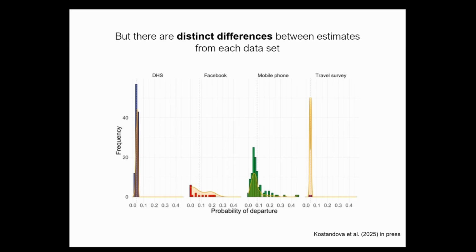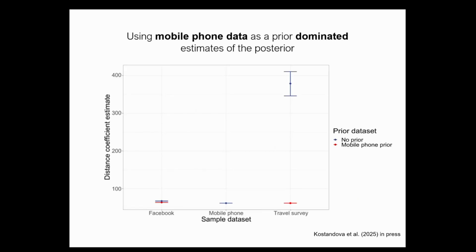The x-axis is the same across all of them, but you could see that if you used one of these data sets versus the other, you would have a really different probability that those people would be traveling. So if you use something like the mobile phone data, you would estimate a much larger volume of trips than if you use data from the Demographic and Health Surveys or the travel surveys. And Natalia did a number of things to try to make them even more comparable, looking at where we have the exact same data in the same places, and trying to adjust for some of the age and demographic biases of each data set.